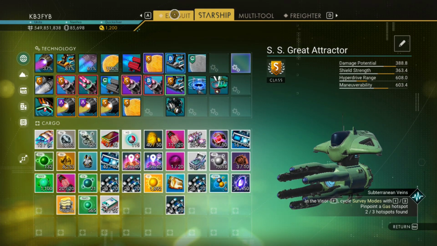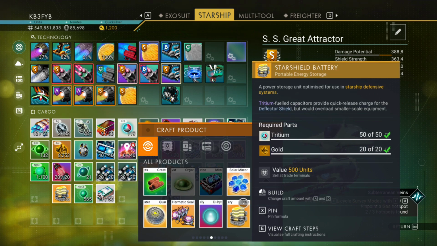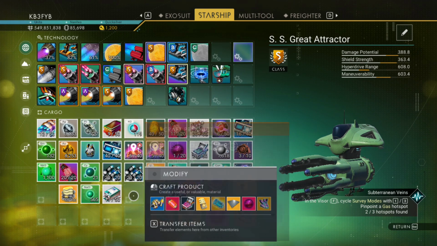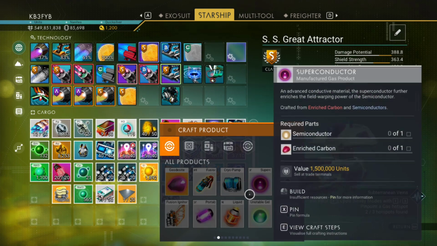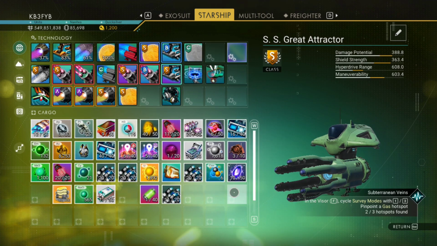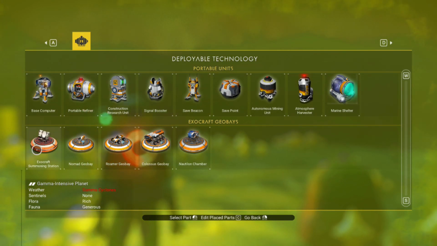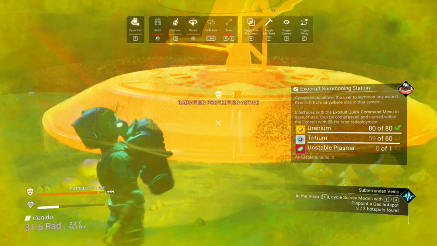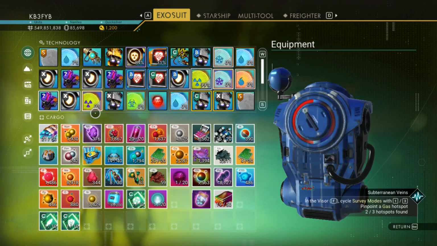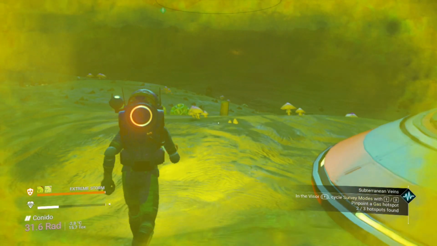Trying to think of it. If all I need is, what was that thing? An unstable metal plating. Product constructed. Unstable plasma. Product constructed. I bet I actually need this stuff. I should be able to put it down here. Protection falling. And refuel, recharge technology. Radiation protection. Technology recharge. Now that I have an exocraft summoning station,